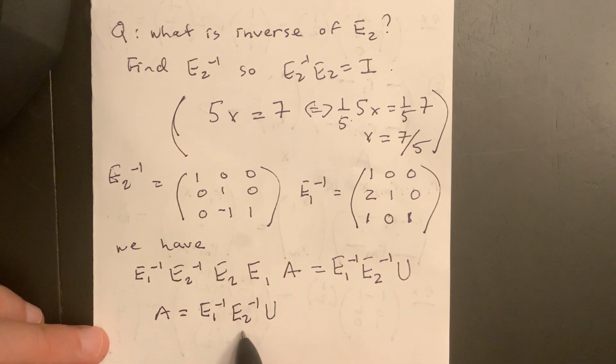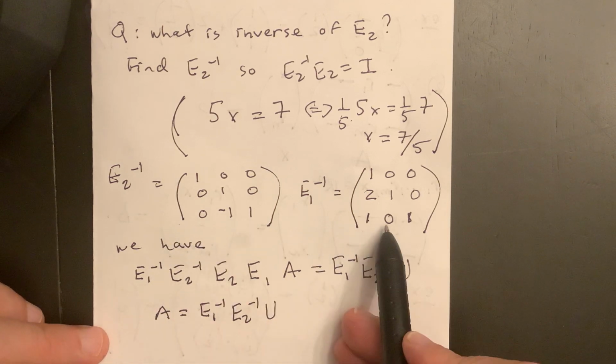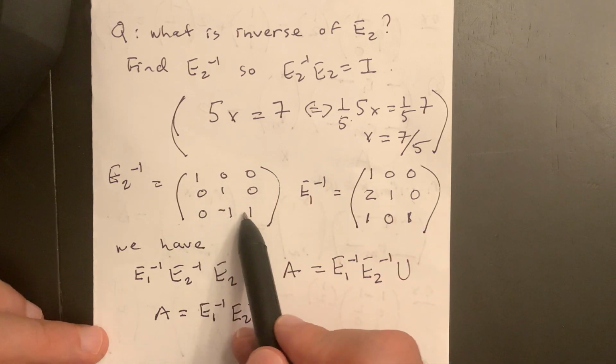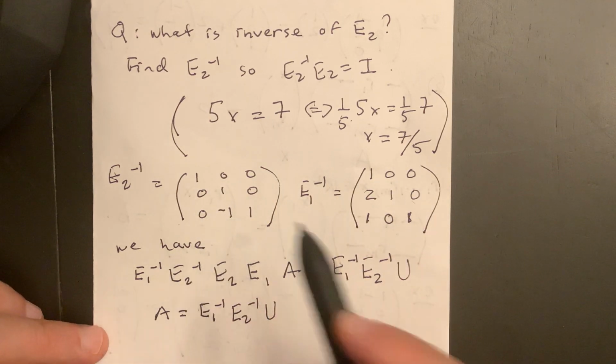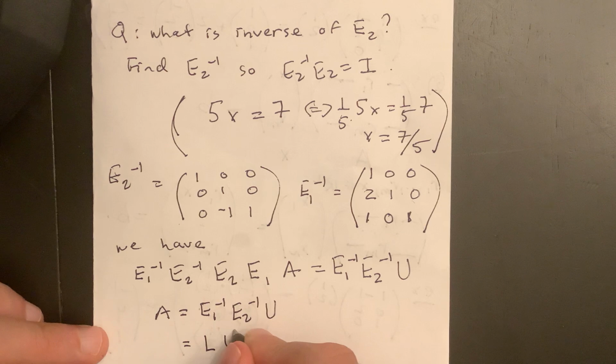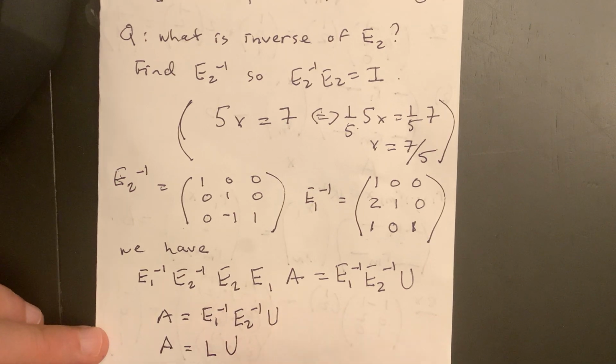And in fact, this is lower triangular. As you can see, these are both lower triangular. They have nothing above the diagonal that is non-zero. And if I take their product, I get something that's lower triangular. So I can say this is equal to LU. This is the famous A equals lower triangular